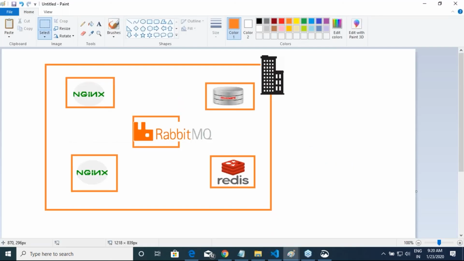Now what do you want to do? You want to move that to the cloud. This is your goal. Now, what do you think is the approach? We need to find out what of this is supported and what is not supported. But for that, we have to look into what the possibilities are.